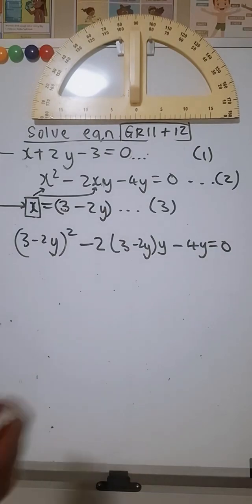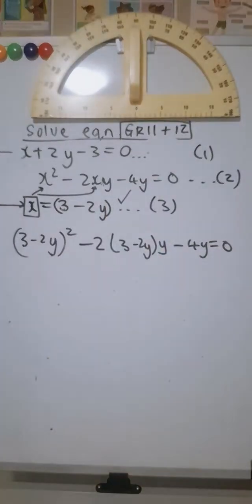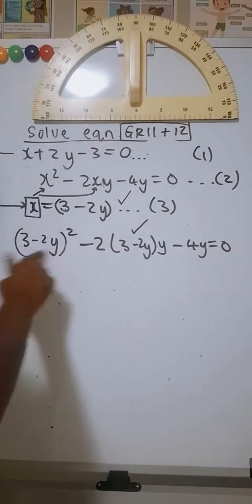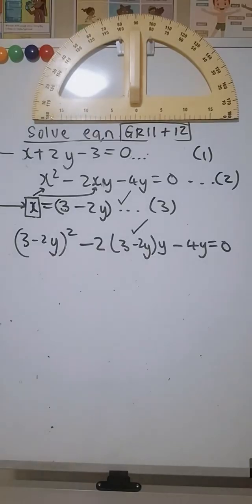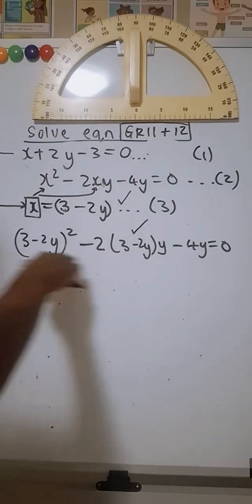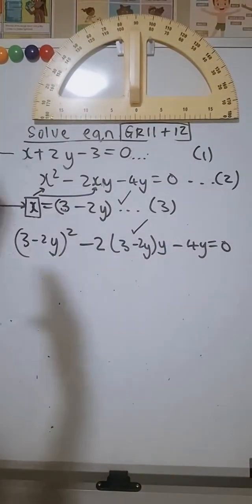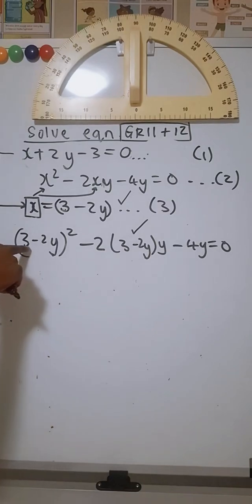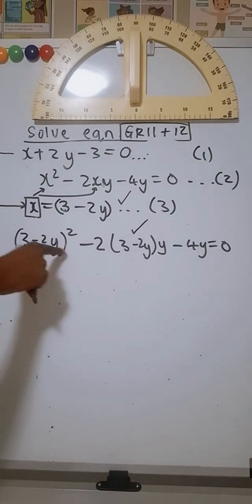Your mark allocation so far would be, you would get a mark here for making x or y the subject for the linear equation. Your second mark allocation would be substituting in the place of x the expression 3 minus 2y. Alright, that would be your mark allocation 2. Now then, you now have to expand, multiply out, and then get your equation into what we call standard form. So when you have an addition or a subtraction between two terms,